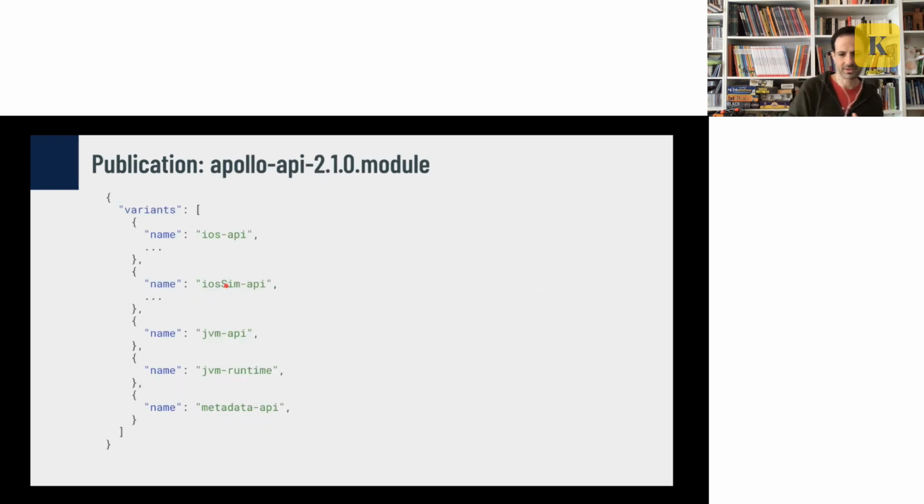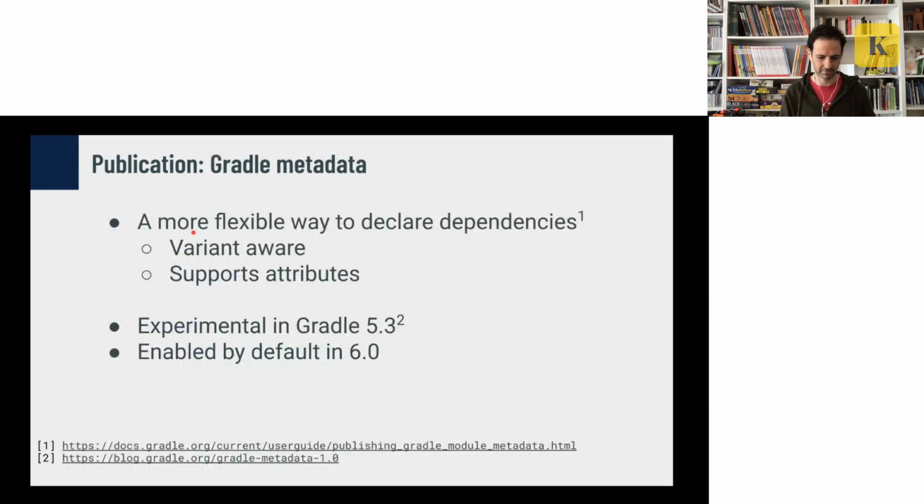So if you look inside this Apollo API module file, you will see different variants. And you will actually see one variant for each platform and for each usage, runtime or API. So really, I like to think of this common module as a kind of router that will link to the different implementations for each and every platform. If we zoom in on the iOS API variant,